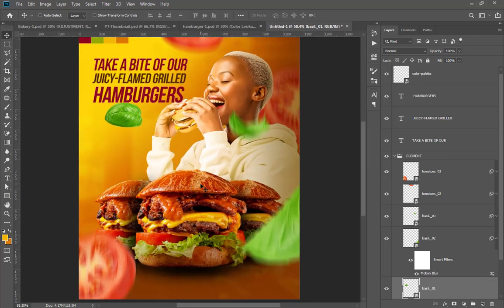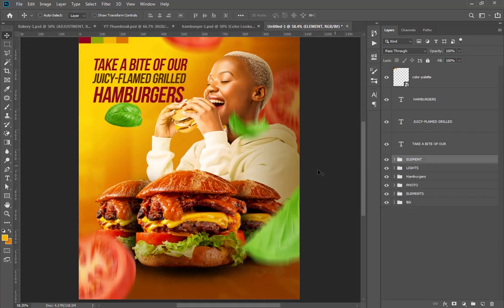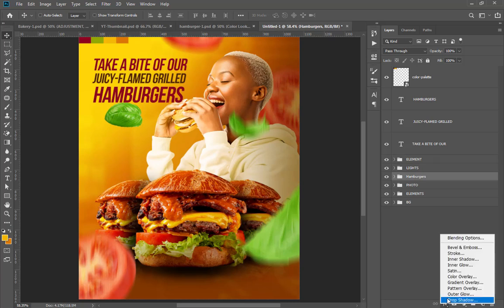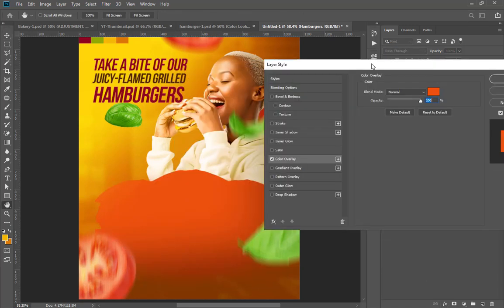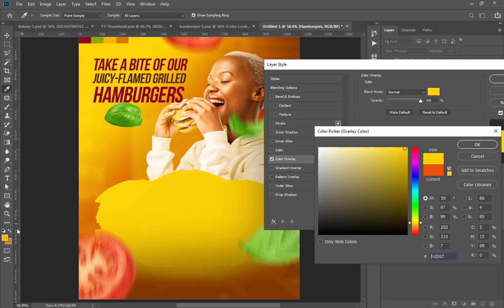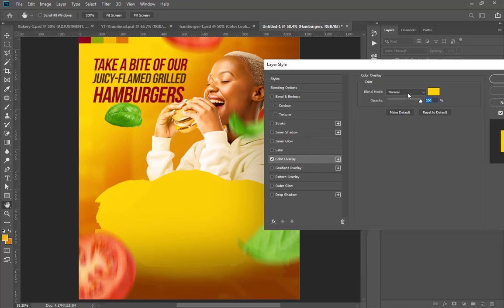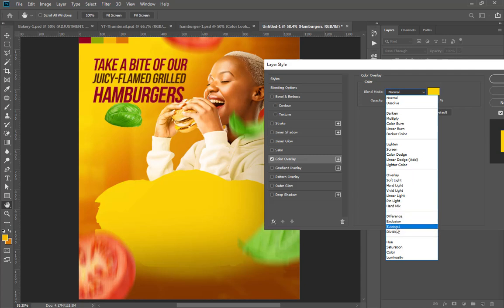I think we can add some reflection to the burger. Let's add a bit of reflections to the burger. Let's select the big hamburgers. Let's add a color overlay to it, so that it has the reflection of the yellow, yeah. Let's change it to a bit of